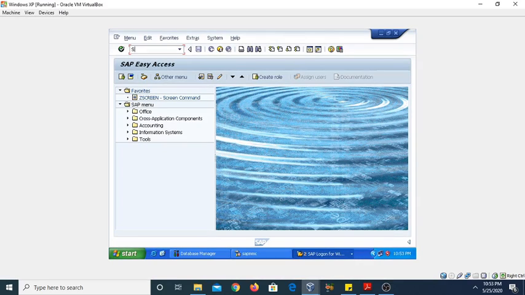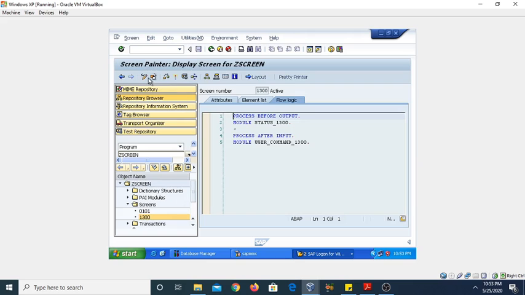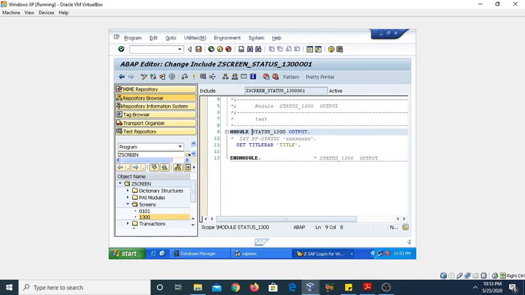Go back to our program SCAT, for which you want to set the status. Just click the particular screen, enable it, double click on the status. You can see we have the second option, PF status. So